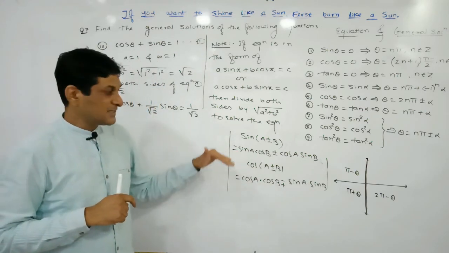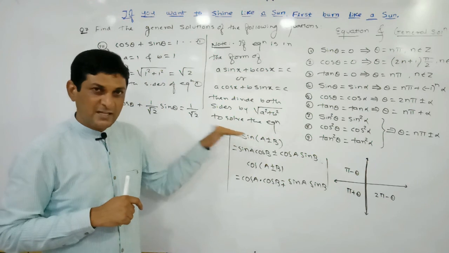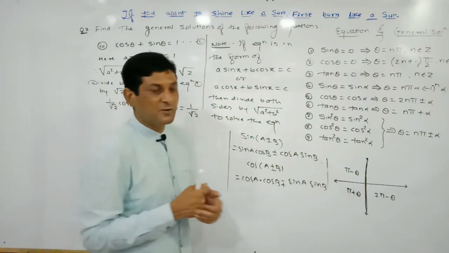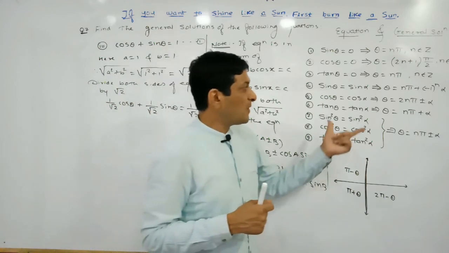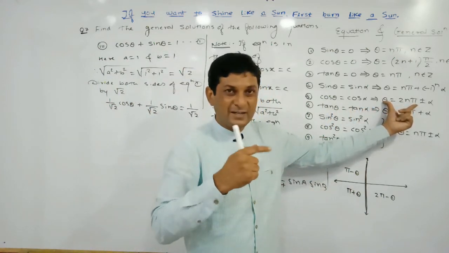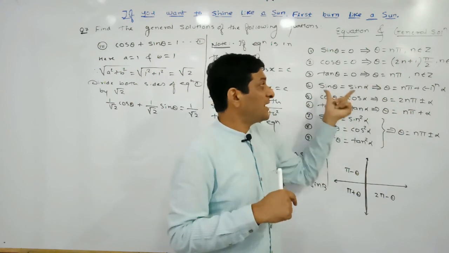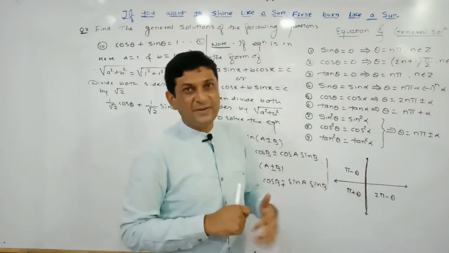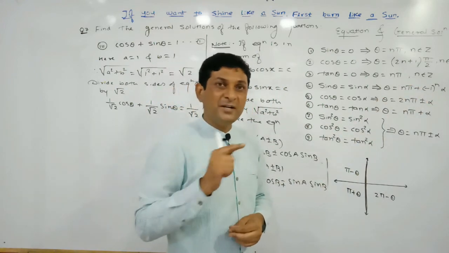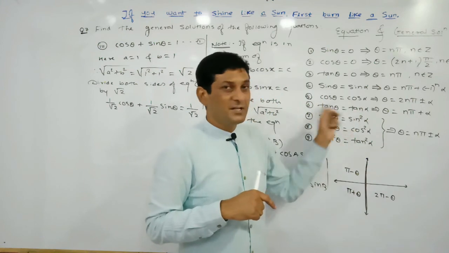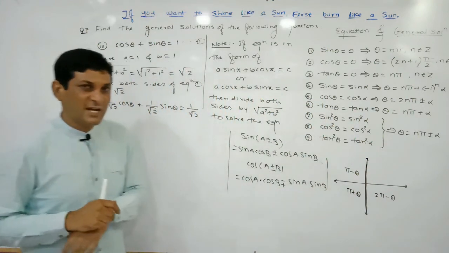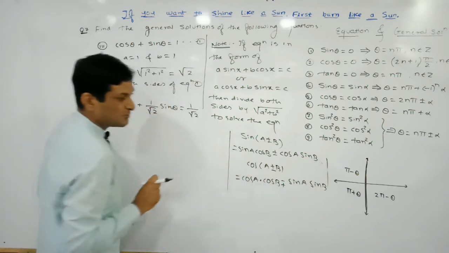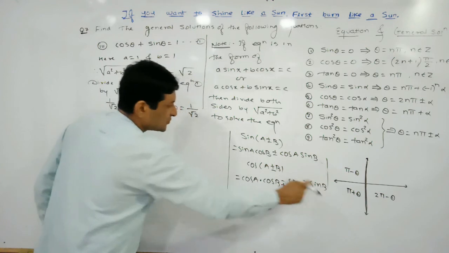Means we have two choices: either we convert it in terms of sin or in terms of cos. But generally priority should be given to convert it in terms of what? Cos, because if it is converted in cos, it is easy to simplify. In sine, because of the minus 1 raised to power n, we are not able to simplify. So that's why priority should be given to what? Convert it in terms of cos. Okay, so here also we are converting it in terms of cos. To convert it in terms of cos, both the terms should be of cos, and in the second case both the terms should be of sine.